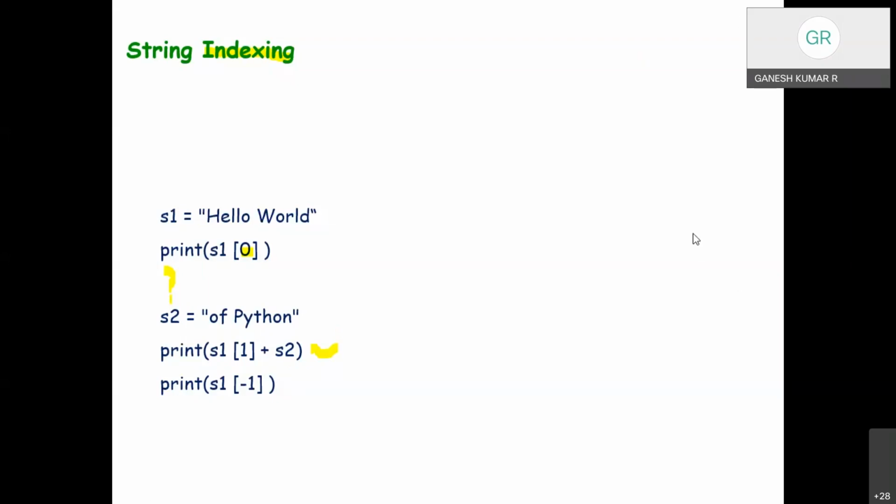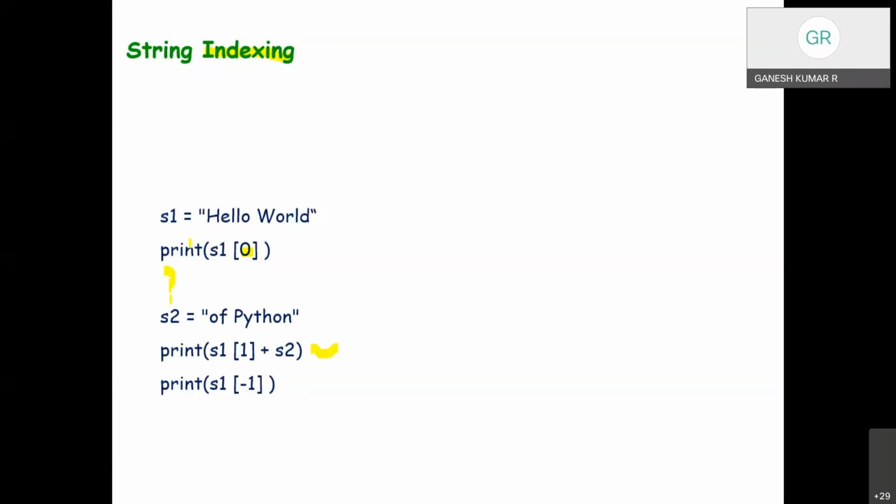I have received a few responses. E of Python, yeah, correct. And S1 of minus 1. What is minus 1?